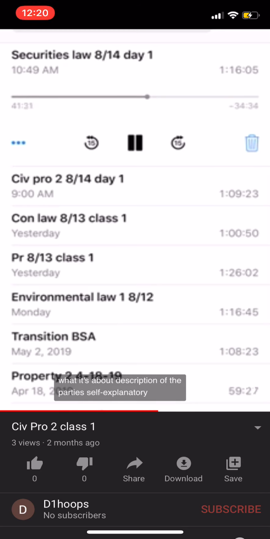Description of parties, self-explanatory. Statement of jurisdiction. I maintain that in just about every document you ever file with the court, you need to reassure them that they have jurisdiction to do what you're asking them to do. That's especially true of initial pleadings. What is the authority under which you are able to get this into the court in the first place? Is it statutory authority? Is it common law? What allows you to do that?